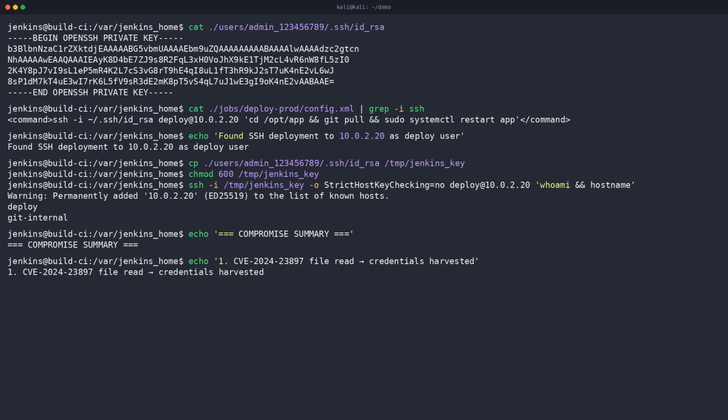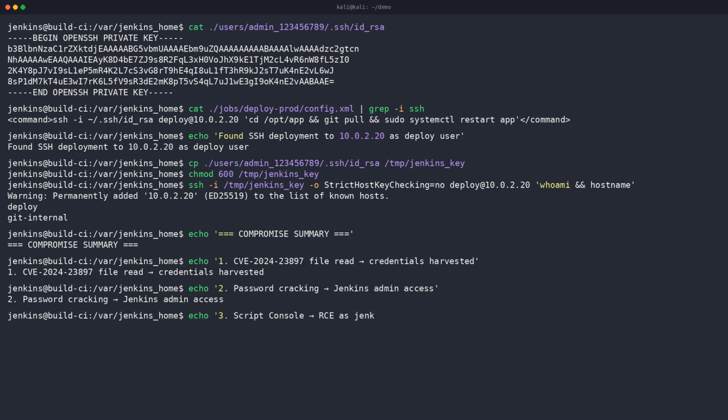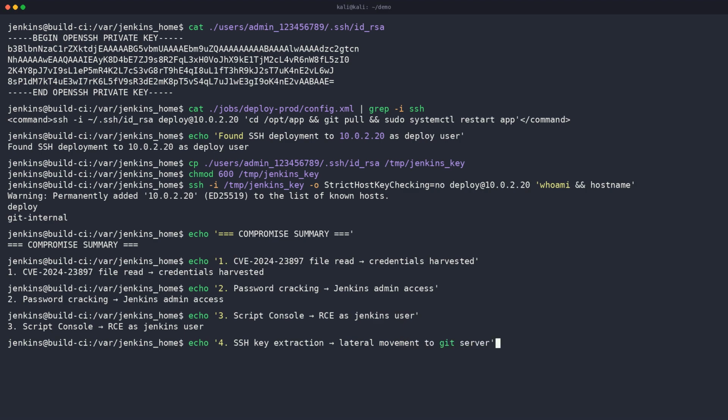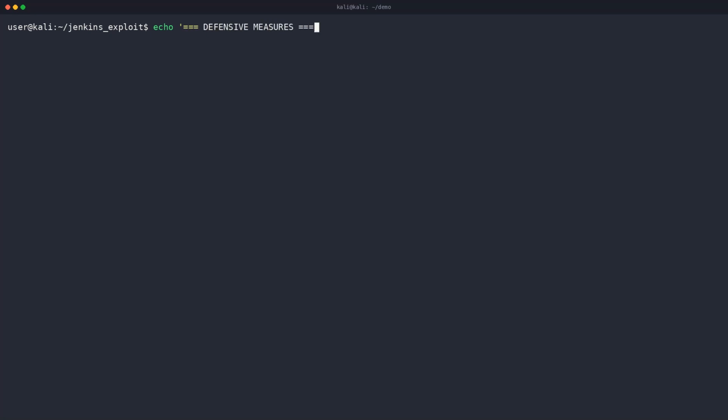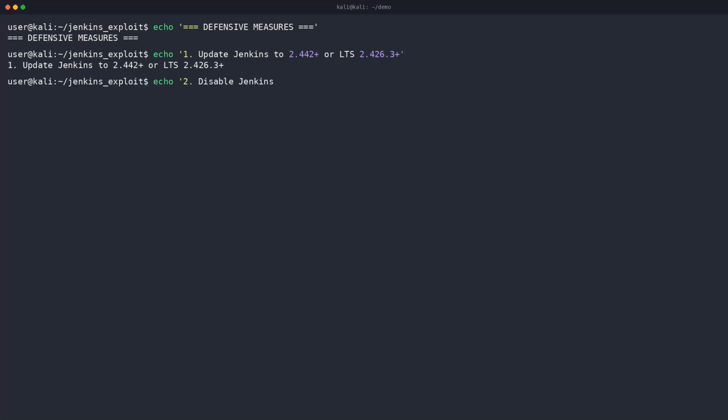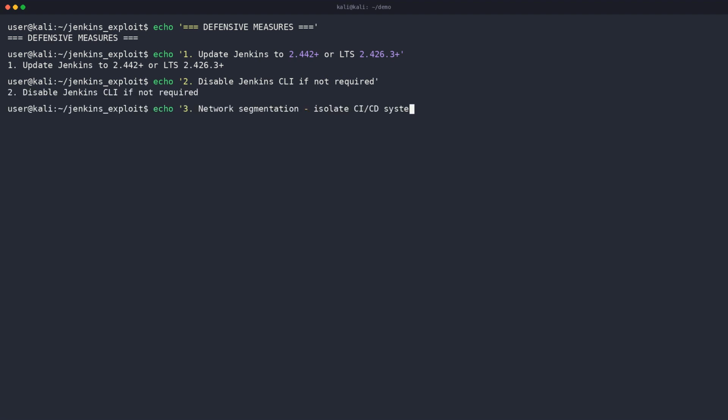This demonstrates the full impact of the Jenkins compromise. It's not just about the CI/CD server itself, but about all the systems it can reach. A compromised Jenkins server often provides access to production deployments, source code repositories, and sensitive infrastructure. Now, let's talk defense. As a security professional, you need to understand both sides of this equation. How would defenders detect and prevent this attack? Let me show you the log entries this attack would generate and the security controls that should be in place